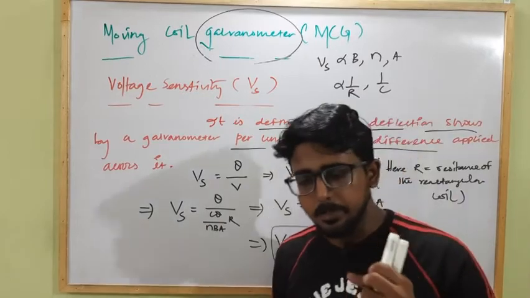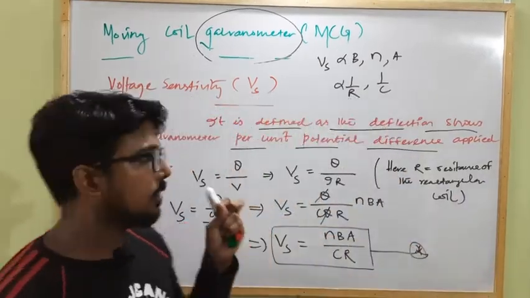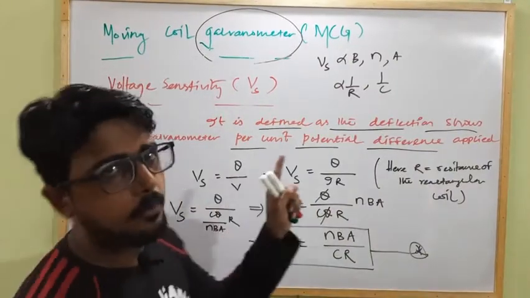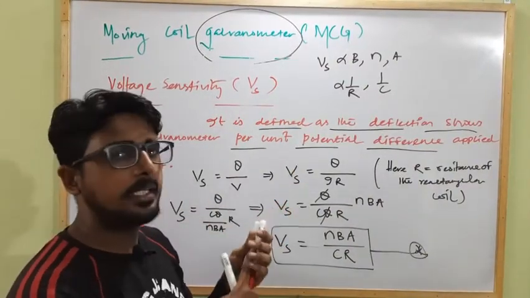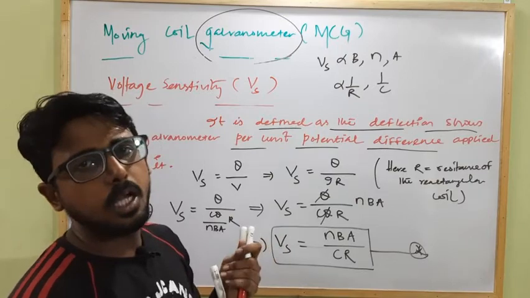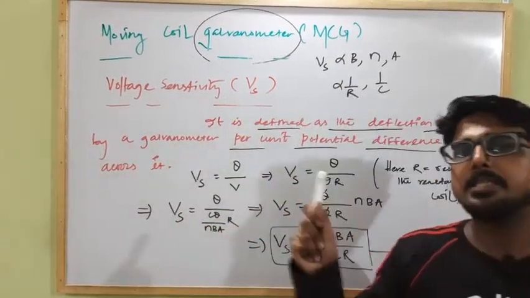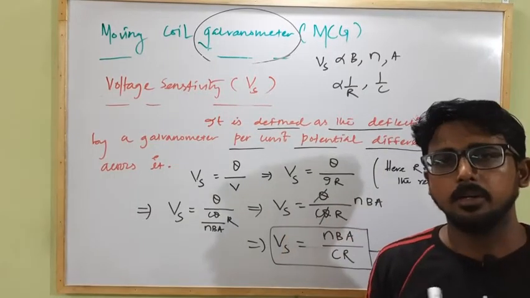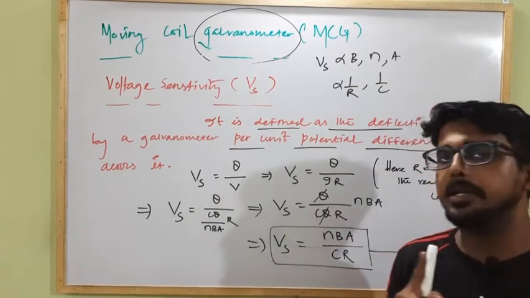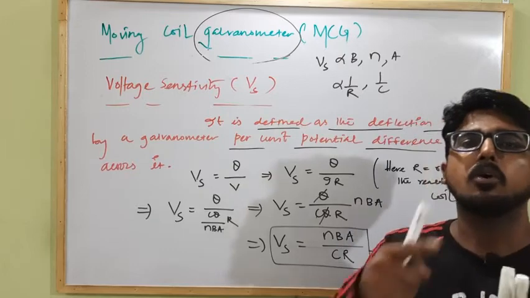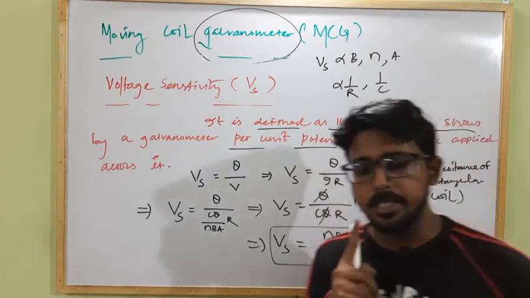Clear? And it's a dead beat type galvanometer. So what is a dead beat type galvanometer? It decreases the oscillation of the pointer even after the current has stopped flowing through the galvanometer. It gives us a constant or fixed deflection of the pointer, for which we have to use a metallic frame on which the coil is wrapped, which will create a damping effect.